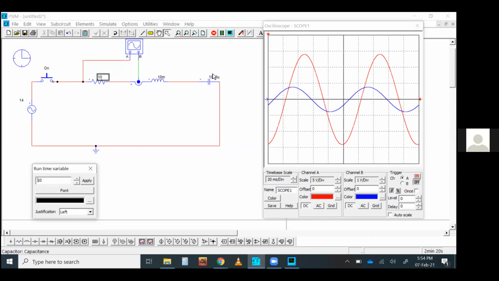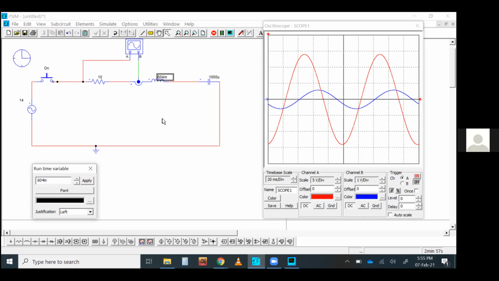Now I want to change the inductance. Increasing the inductance will make it more inductive. That will make the current lagging. Right now it's more like capacitive in nature because of the high capacitive value. If I make it more inductive in nature, you can see the current is becoming more inductive, because the current is lagging the voltage by 90 degrees. You can see it from here. It is approaching 90-degree lagging because I'm increasing the inductance and the network is becoming more inductive.